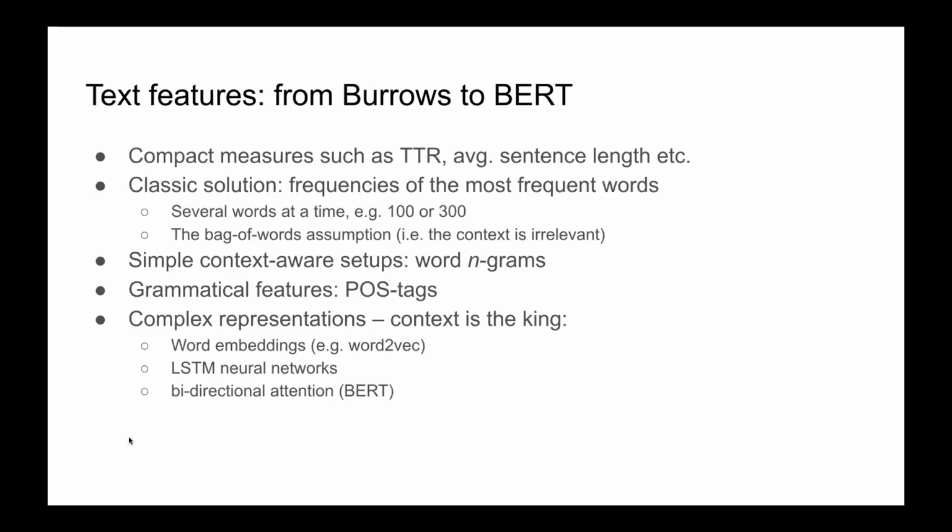And then after the publication of Mosteller and Wallace in the 50s, we learned quite a lot about the power of frequencies of the most frequent words. Not really most frequent words, but the function words. That's what makes them so interesting for us, because not only are they used subconsciously, or not entirely consciously, but also they are very frequent, so their statistics is very rich. And we have learned how to use, say, 100 most frequent words, or 300 or 500 most frequent words to map the authorship landscape very reliably.